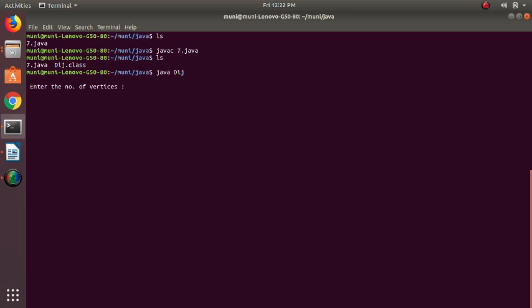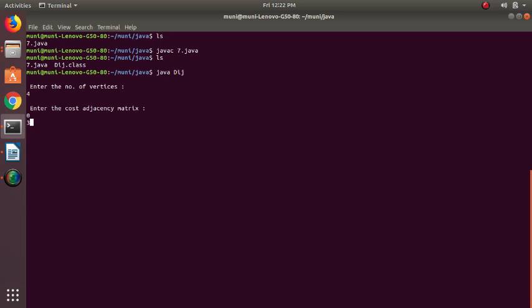So enter the number of vertices. I will give 4 vertices. I will use the values as 0, that is the source vertex 1 and the other vertex also 1.